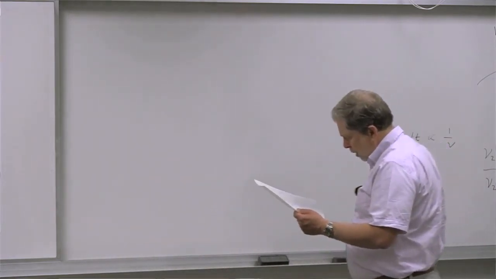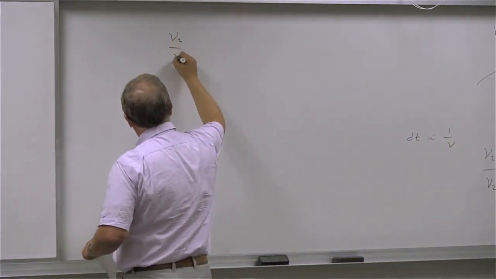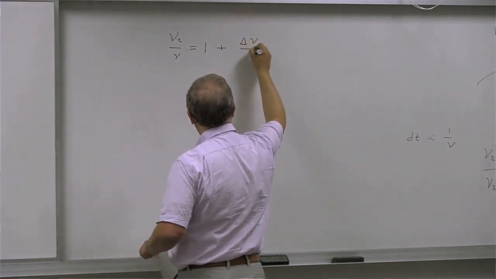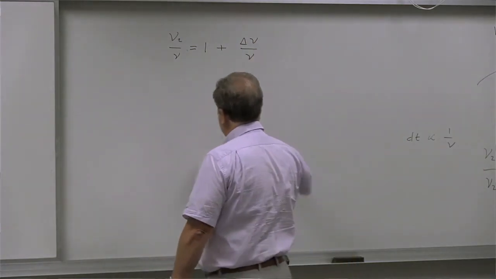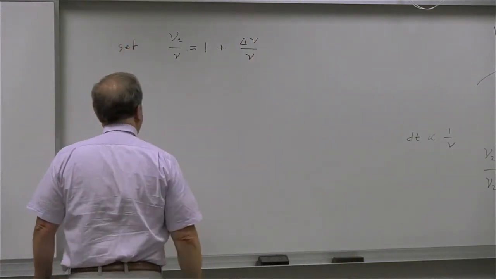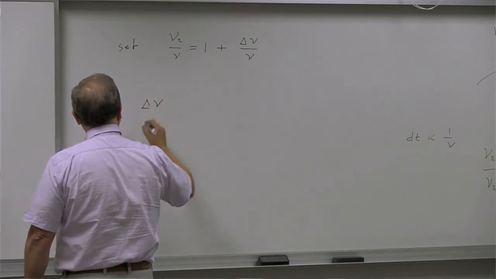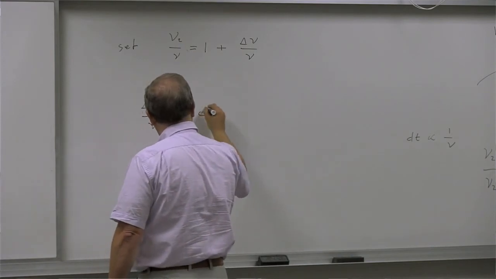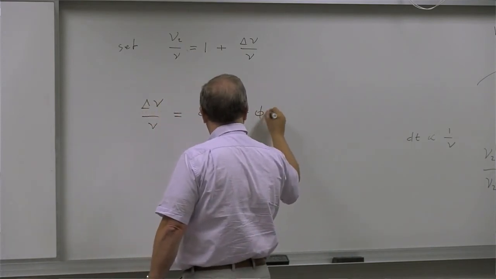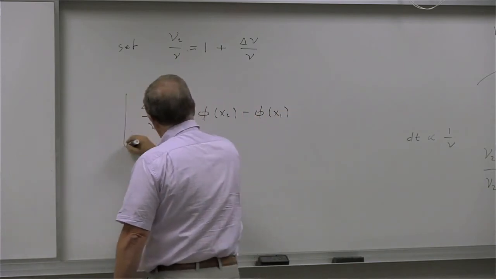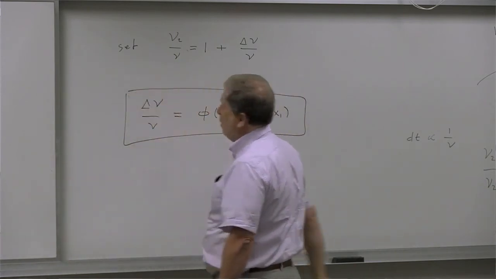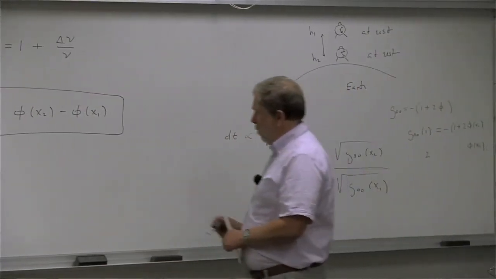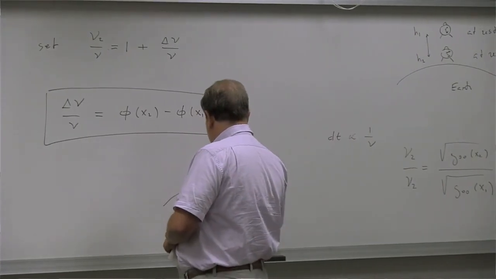And it will be convenient to write nu2 over nu1 as this ratio as being 1 plus some small correction, which is delta nu over nu. So we set this as well, and that gives us that delta nu divided by nu is equal to phi of x2 minus phi of x1. And so that is the shift in frequency between the two clocks in a situation where we are precisely,